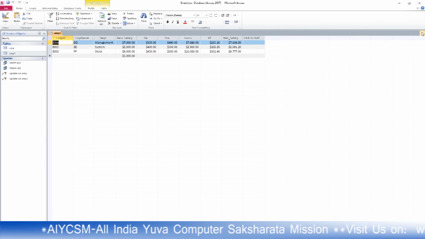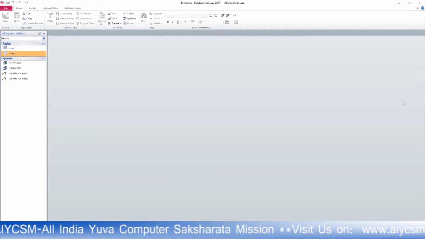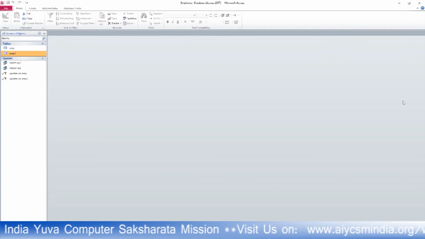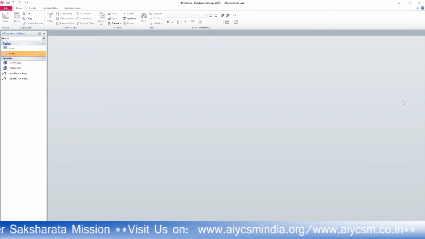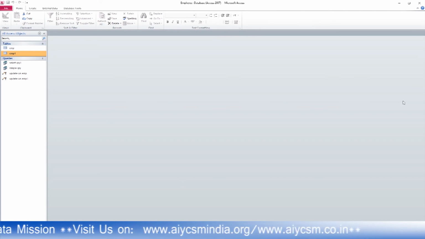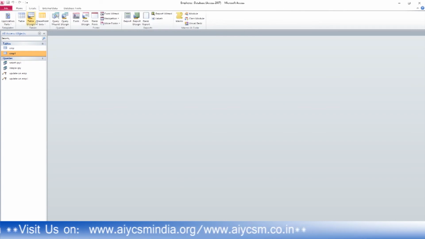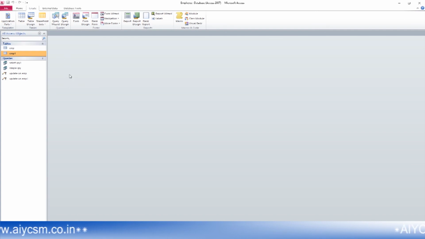So, when I created 2 tables, you will think why I am creating these 2 tables. Right now we are doing 2 queries on our created tables: one is the select query and the second one is the update query. Now, if I want to append these 2 tables, how can you append? I want to append this table to this table.